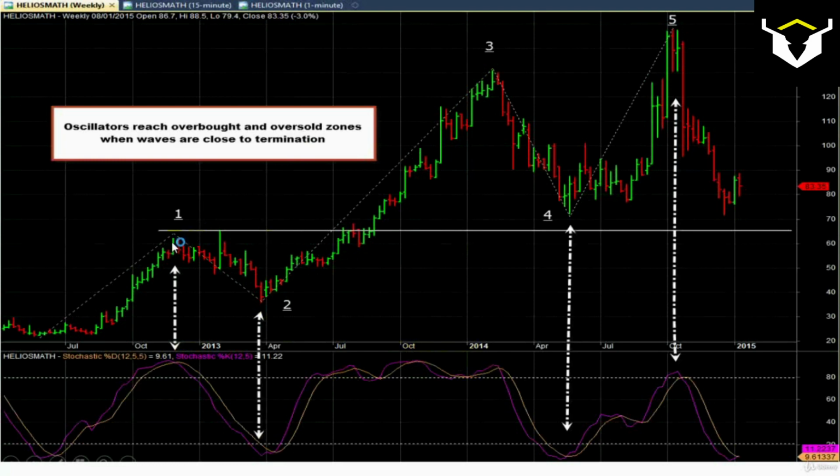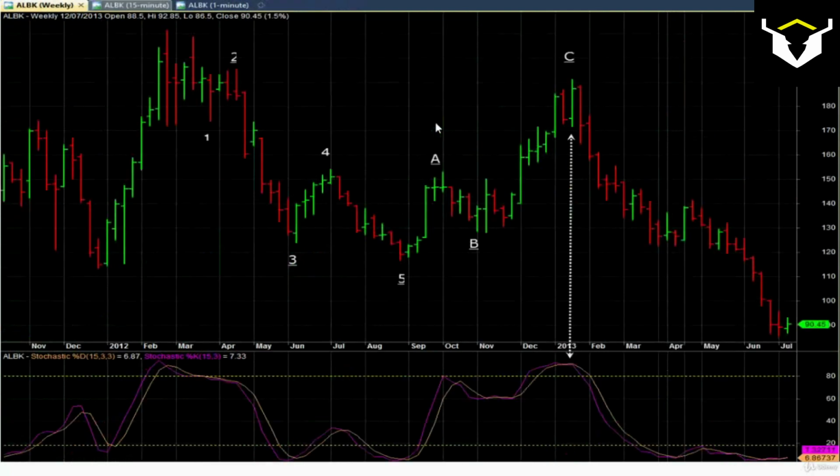Similarly, if it was a negative wave structure, downward moving, you would expect the oscillator to hang itself in the oversold zone when wave 3 was unfolding itself. Our next chart is the Allahabad Bank weekly chart, and you can see Allahabad Bank has unfolded itself in a 1, 2, 3, 4, 5 non-overlapping downside wave structure, and once a 5-point non-overlapping wave structure is complete, it is followed